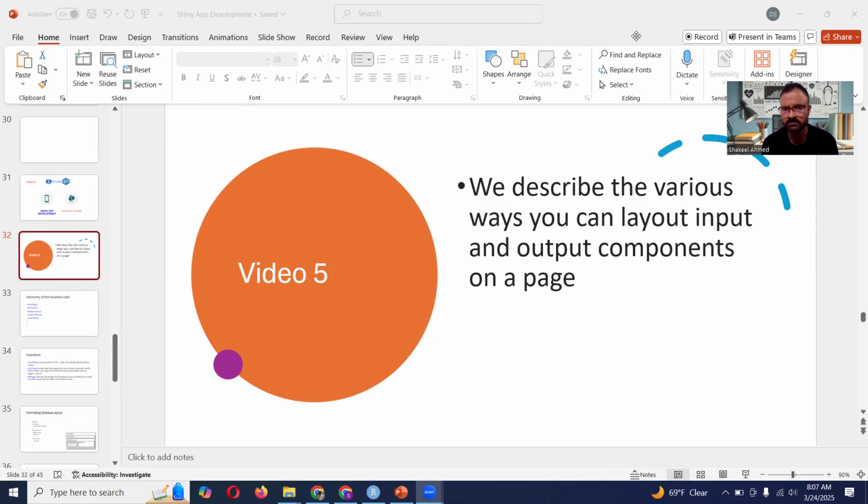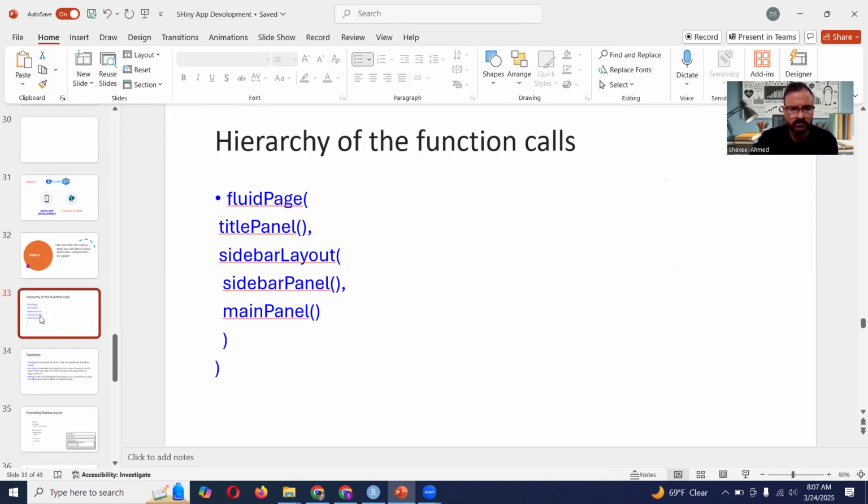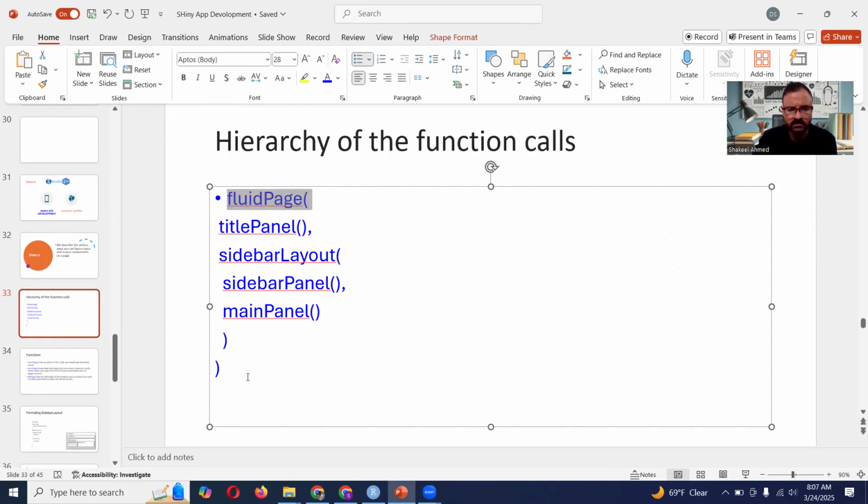So let's start with the simplest one. This is the structure of the functions we use in a fluid page. The fluid page starts with fluidPage, and we close the fluidPage. Basically we can write user interface equal to a fluid page. It means we just see a fluid page consisting of a title panel that includes the title of the page, and then